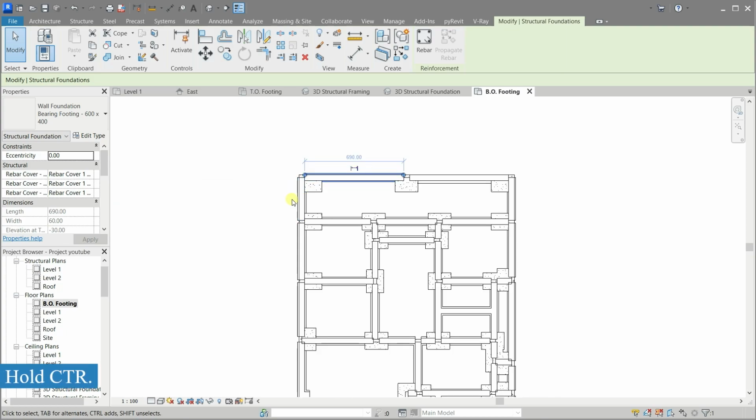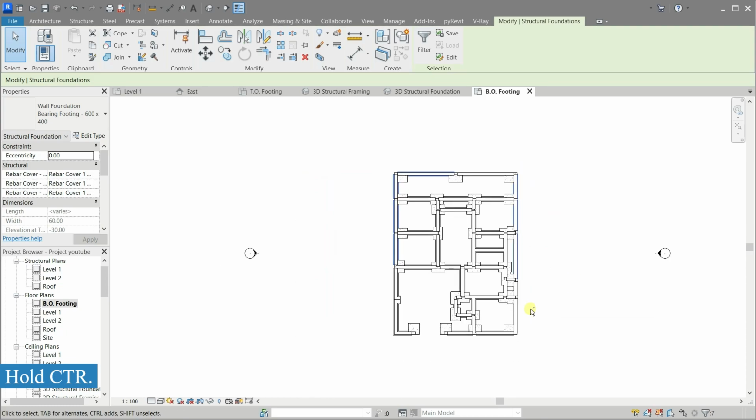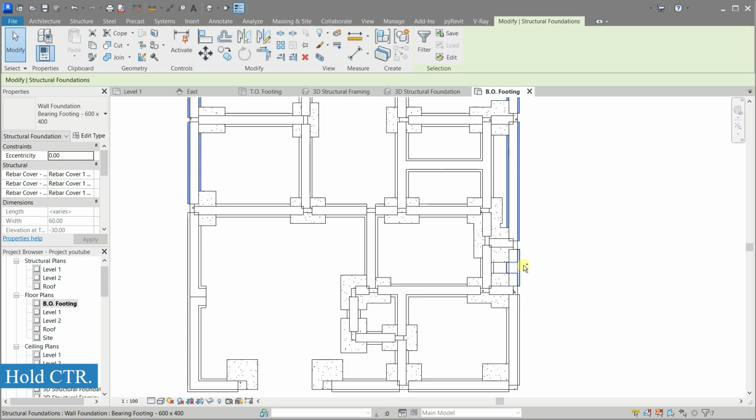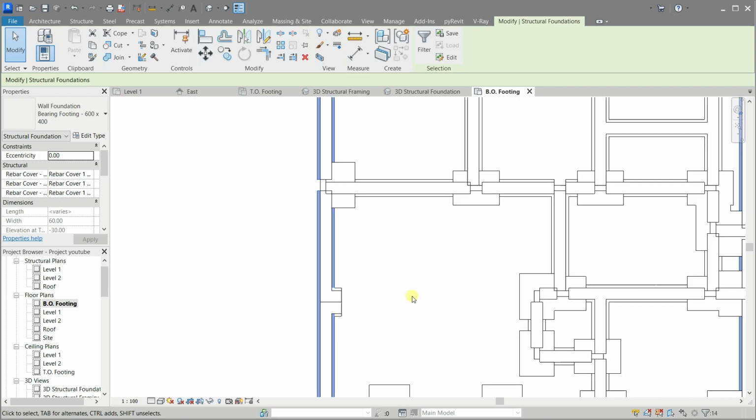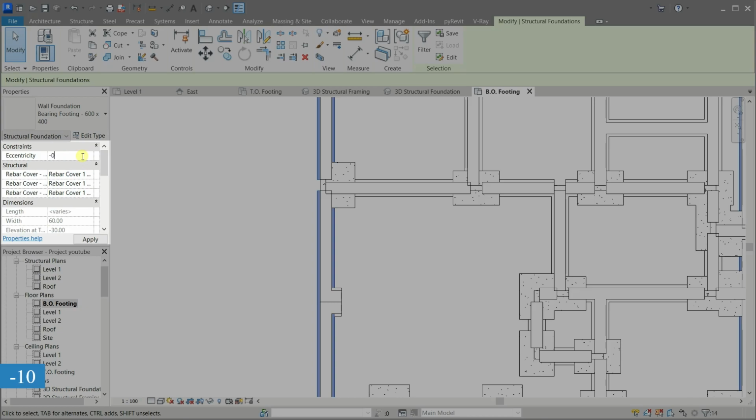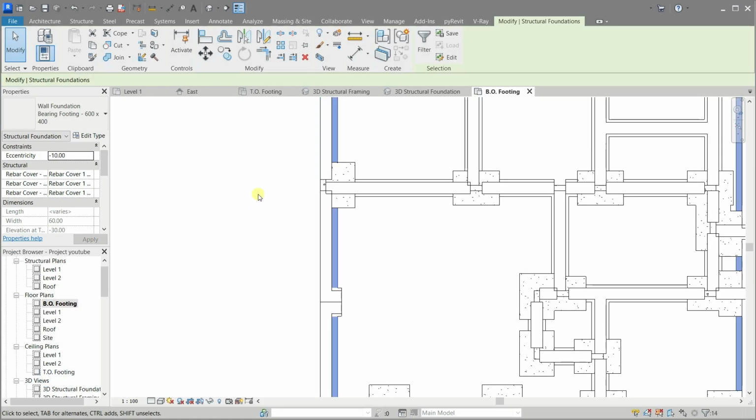Do the same with all the sidewall footings. Now they are fine.